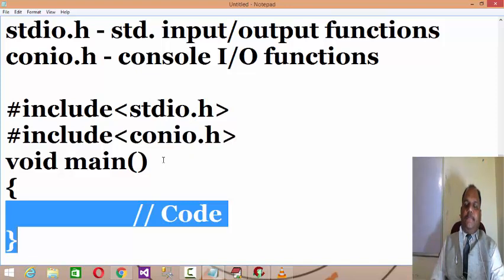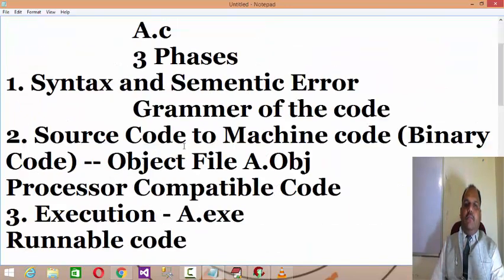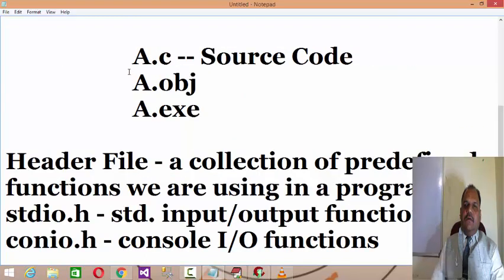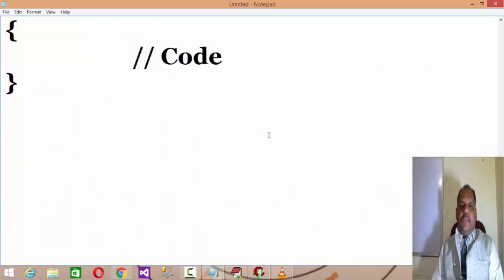After successfully writing the code, you have to save it with the .c extension, and then if you use Control F9, three phases will start: the source code will be converted to the object code and the executable code. Now let us understand about the